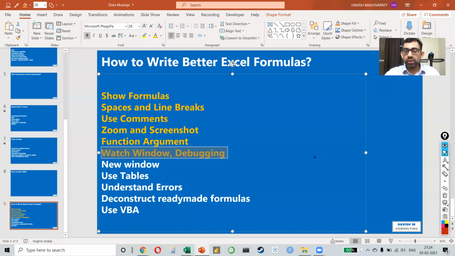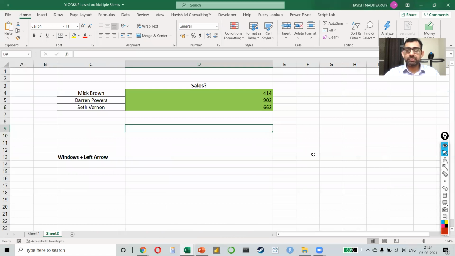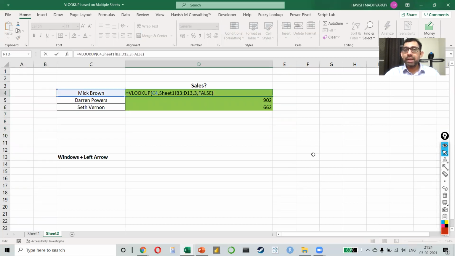We also have the watch window. For this, I want to take a different example. Let's say this one. Here we have a VLOOKUP where my table array is on a different sheet, sheet number 1. Now I want to see if a change on sheet 1 will impact these 3 results.